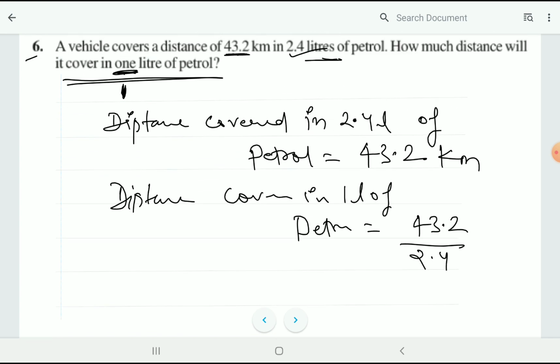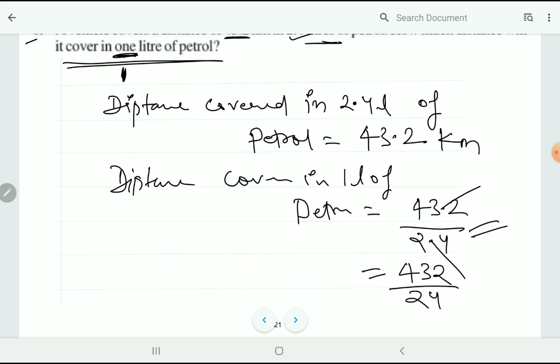So now you can see here the decimal is at the same place in numerator and denominator both, so the decimal will cancel out. Just the terms will be left, 432 divided by 24. So do the division. Let's minimize these terms. I will divide by 2. It will be 12, and 2 2s are 4, 2 1s are 2, 2 6s are 12.